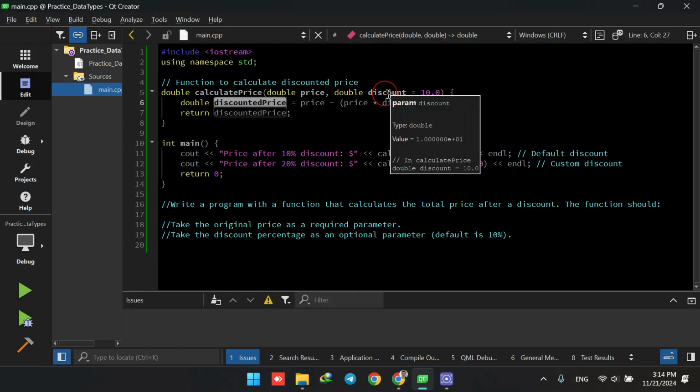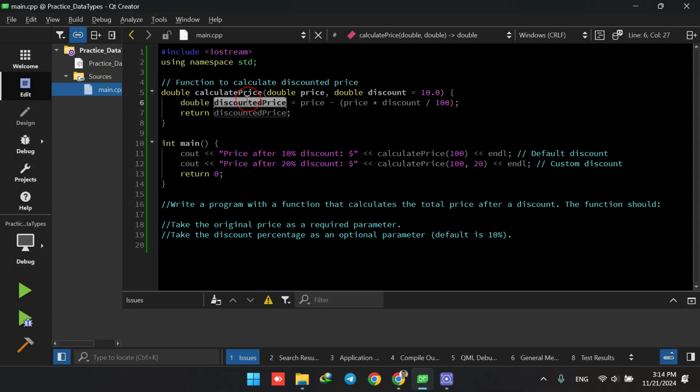So 10% is also assigned to this discount, and then the price minus, within parentheses, price times discount divided by 100, and the final price is stored in the discounted price, and we return the discounted price here. Okay,